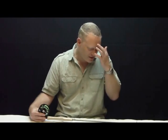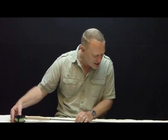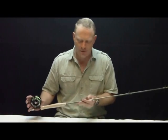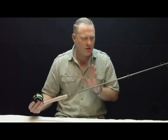Some people have tried to make this a heck of a lot more complicated than it really is. I've seen people trying to use laser pointers. I've seen people trying to lay the rod on its side and compare the distance away from the table that the guide is. Well, that doesn't help, because each one of your guides is a different size. So you can really drive yourself nuts over this, trying to achieve that final straightness, but really just use your